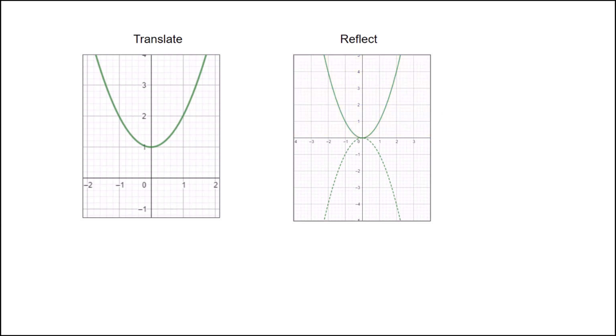It has the same shape, dimensions, and proportionality, but it's been shifted from 0 to 1 on the y-axis. And that's what translation means. We're basically picking up a function or a graph, and we're moving it around. Reflection, on the other hand, is just what it sounds like, and you can see from the right here that the dashed line looks just like the function x squared above it, but it's almost as if someone has mirrored